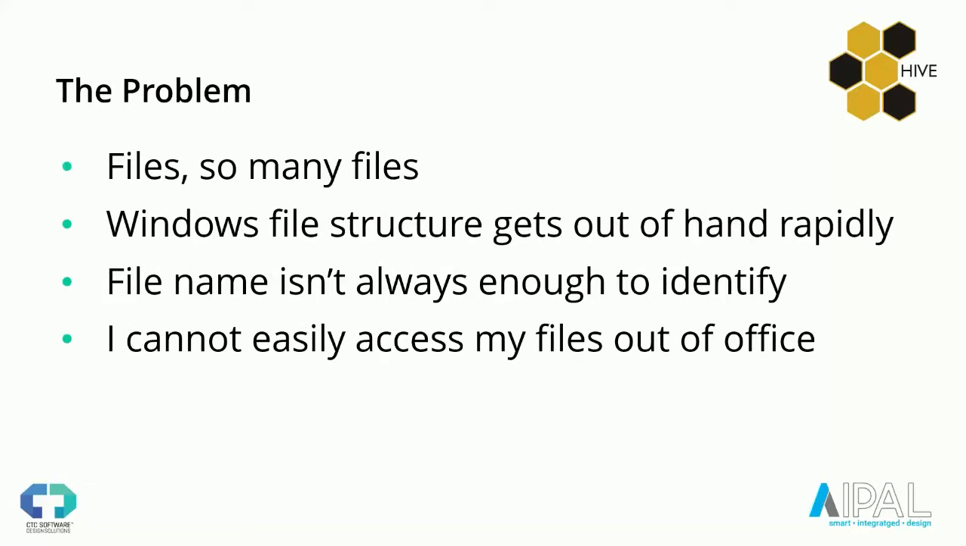And really, here's the issue, right? We've got so many files within our libraries, and Windows file structure really gets out of hand quick. The file name very frequently isn't enough to always identify exactly what it is I'm trying to open, what I'm trying to load into my project. So people will often load many things and then finally get the one they wanted,